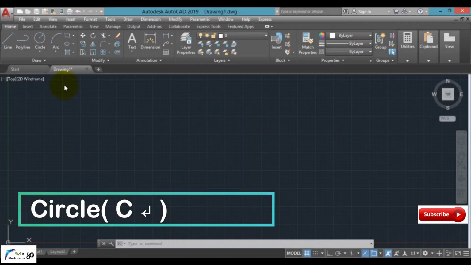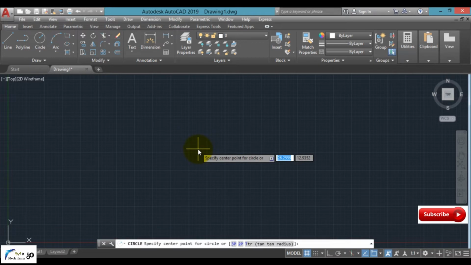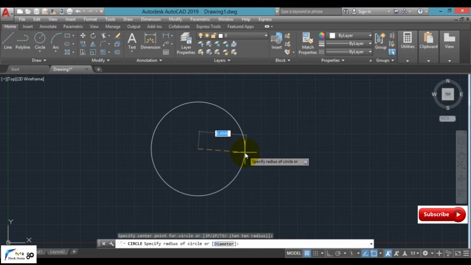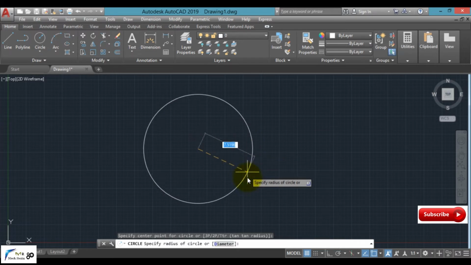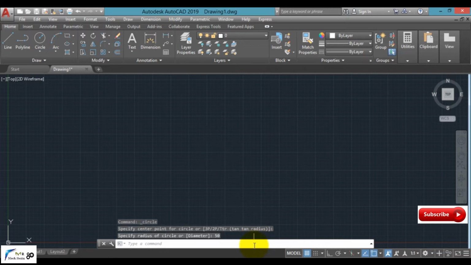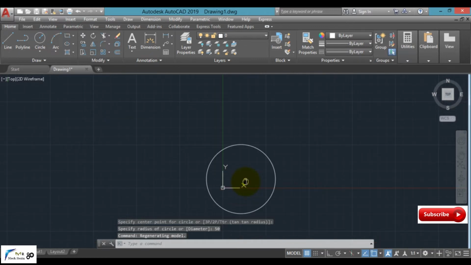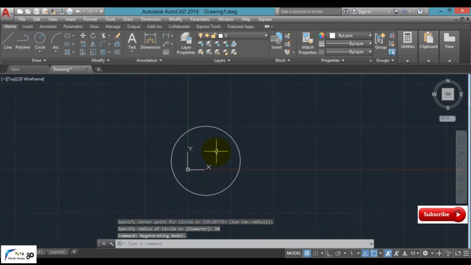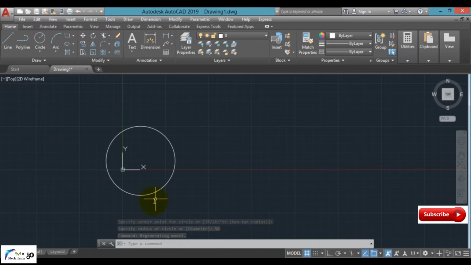Clear? Well, in order to create a circle, we simply have to select an option from here. Simply define a center point of a circle, drag the mouse in order to see whether your shape is being created or not. Now simply enter 50 if we have to create a radius. Clear? Now the shape can be zoomed out in order to view it. This one is of radius 50.